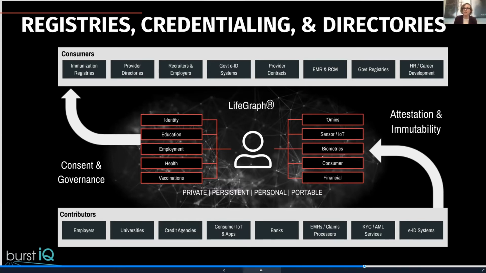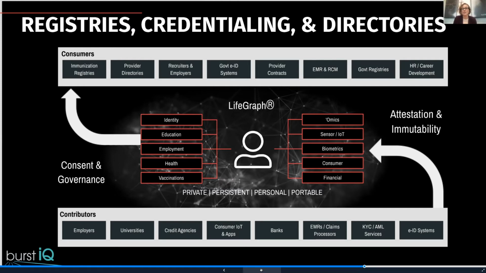If I'm a patient, my LifeGraph might include immunizations, Fitbit data, my credit score, something else. I don't really want anybody to know my credit score, so that stays private until I apply for a loan, and then I can provide a very limited consent just to execute that loan. But my immunization status needs to be reported to the state registry.